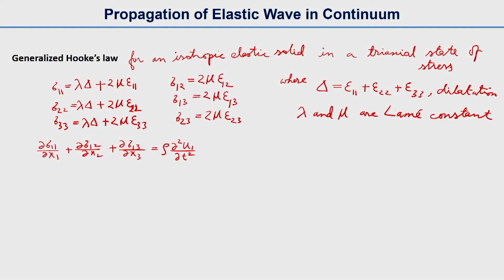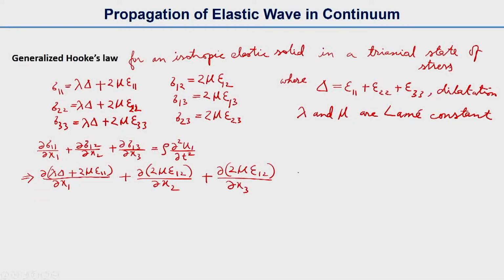Now if we substitute these stresses with strain, what we get is partial of lambda delta plus twice mu epsilon 1 1, the partial derivative of the whole thing, with respect to x1 plus partial of twice mu epsilon 1 2 with respect to x2 plus partial of twice mu epsilon 1 2 with respect to x3 is equal to rho second partial of u1 with respect to t,